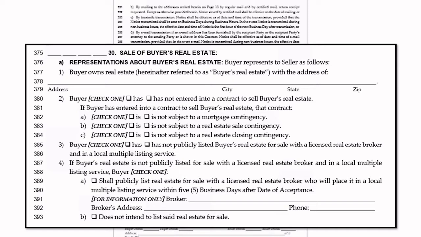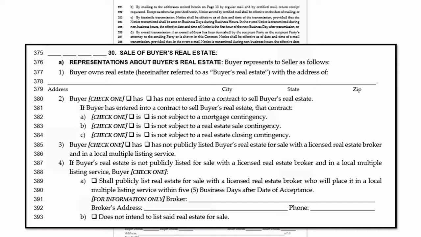Or the buyer could say, I do not intend to list said real estate for sale. So now what are you telling me? You're telling me that your buyer has a house to sell. They are not going to list it and they're going to go for sale by owner or some cockamamie thing. And I got to tell you right now, my seller's probably going to come back and say, I don't think so, because I'm not taking my house off the market, almost off the market, while you're out trying to sell it for sale by owner. Okay, so now